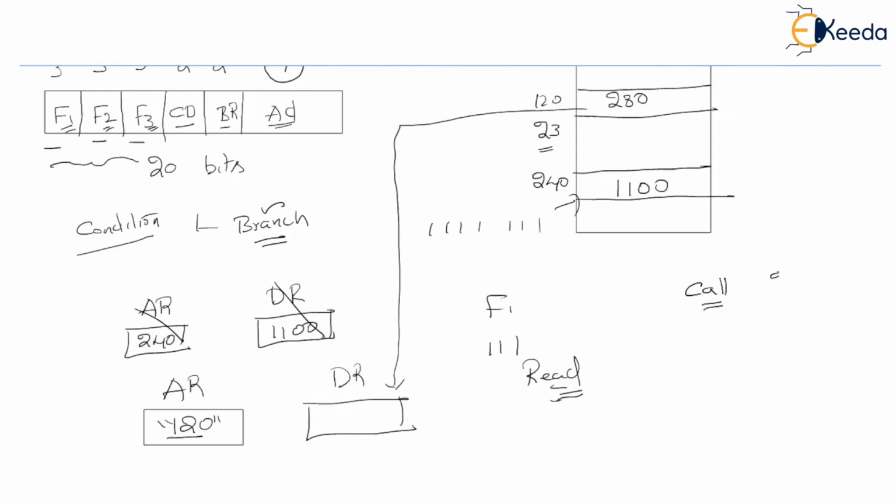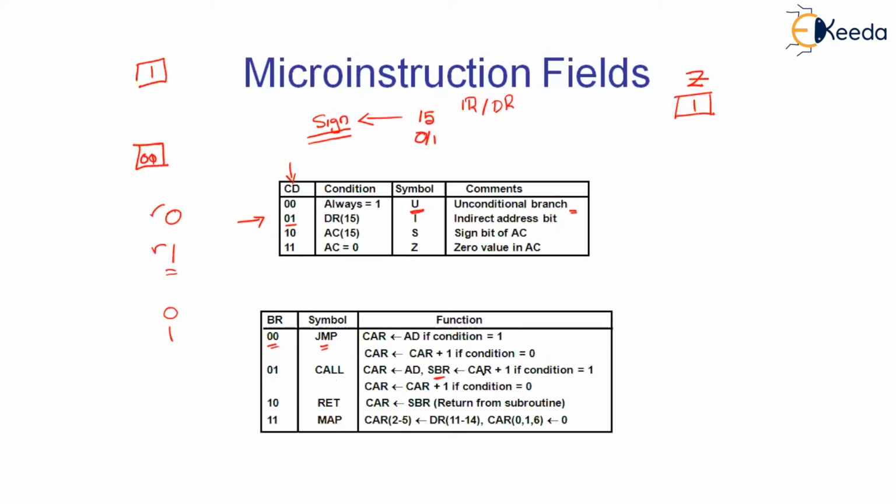instruction. The call instruction to 280, let us say, but 280 is not possible because our control memory is just 128 words. So let us say in the 22nd micro instruction, I do have a call instruction which is a call to the 110th location, let us say. If the condition is satisfied, we'll go to 110, and CAR +1, which is 23, will get transferred to the subroutine register. Right? That is what is depicted here. CAR +1 will get transferred to the subroutine register if the condition is satisfied.